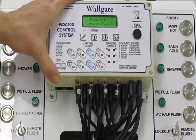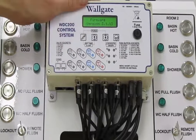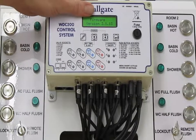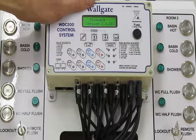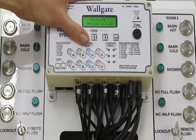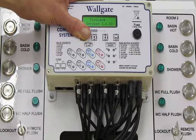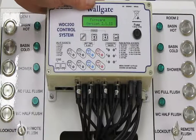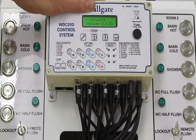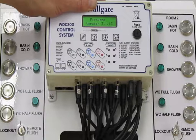And that concludes the menu functions and available settings of the WDC200 control box. One final word, all of these settings that we looked at are held in non-volatile memory. So once the box is set up, if the power is switched off to the box, then all of these settings are retained. The only function that is reset on a power cycle is the lockouts. So if the box was halfway through counting its lockouts and you reset the power, it basically resets the lockout function, which is again quite a useful feature if you don't have the auxiliary lockout